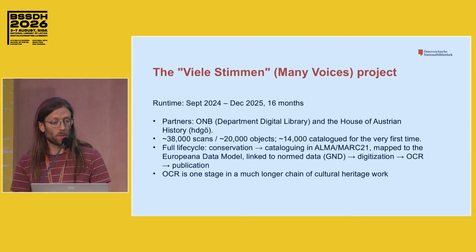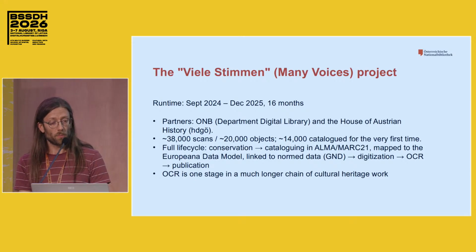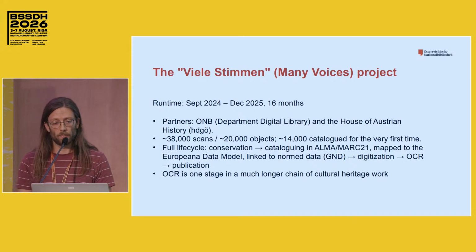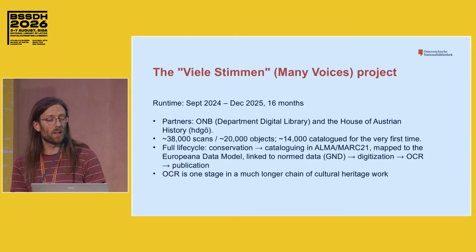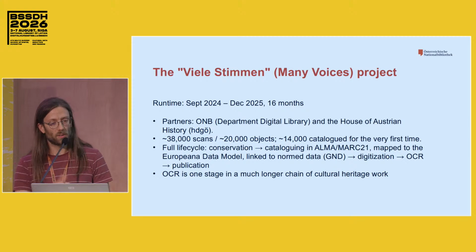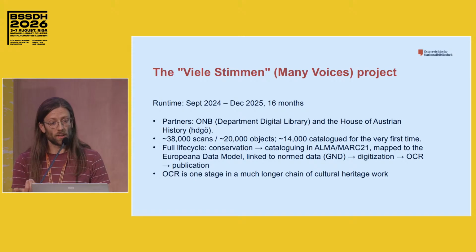You can see here we have around 38,000 scanned items and scanned pages, that belong to 20,000 objects, and many of them were cataloged for the very first time. Previously it was realized that these items are important, so they already were digitized, but that was around 20 years ago, and therefore the quality of the scans is really bad. It was black and white, and nothing in between, not even grayscale, and that's a big challenge to recognize the text. So we applied for funding. We got funding to digitize it, and then we have it now in high resolution,